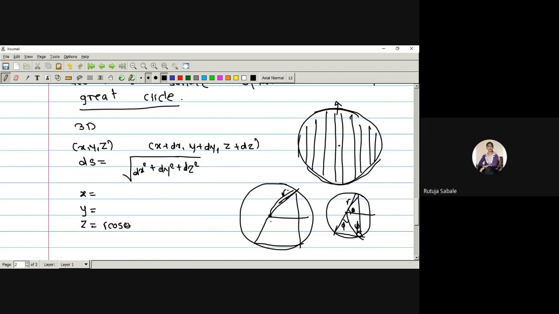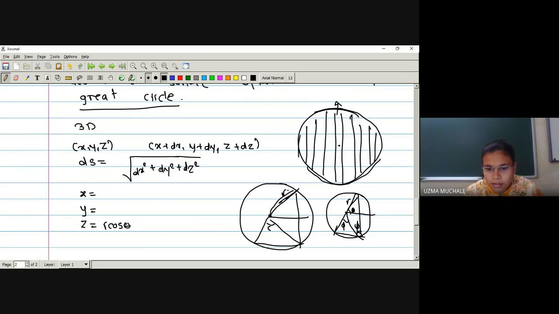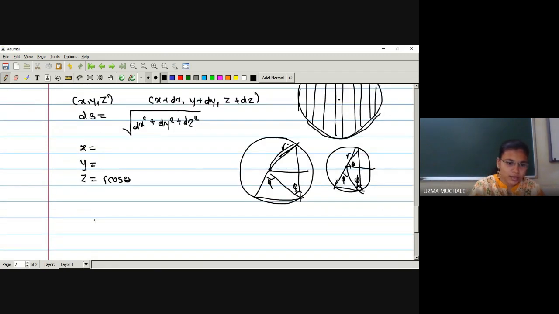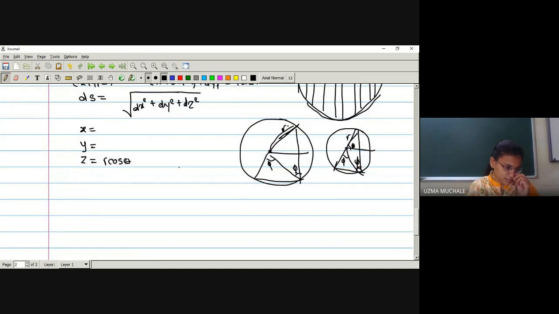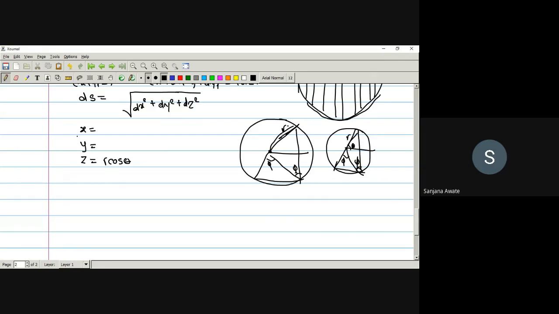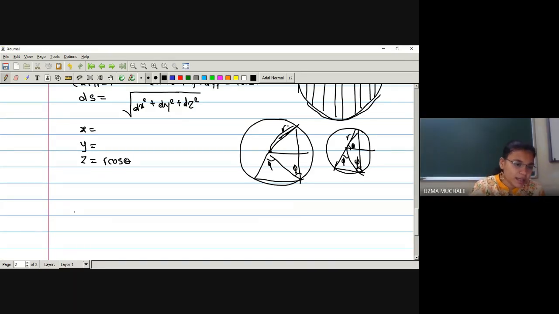P cos phi आणि P sin phi मॅम. हा ते बरोबर आहे, पण p काय होतं तिथे? z हे घेऊन मी सॉल्व केलं होतं ना, आठवतात का कुणाला? स्फेरिकल पेंडुलम. In that I have told you in detailed description how we have to find out the relation between Cartesian coordinate and polar coordinate. P is r sin theta, right?